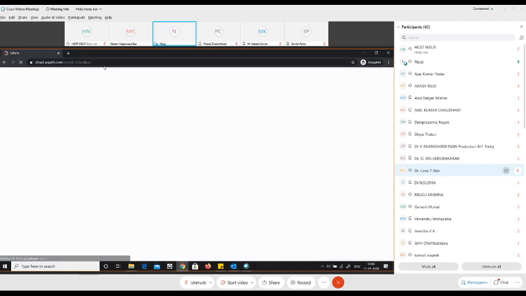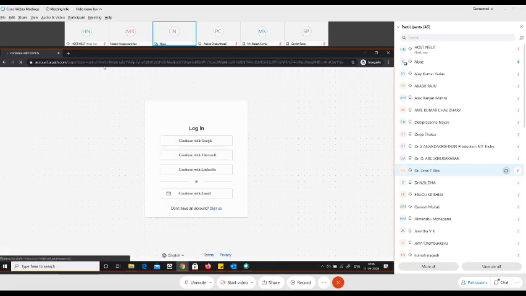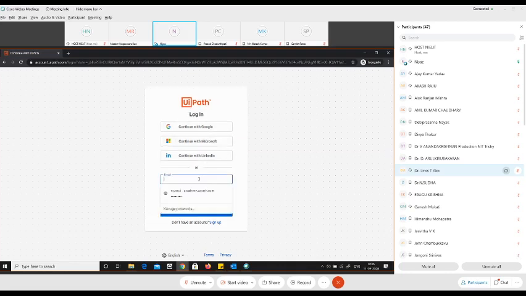Basically you have three options to log in to the cloud platform. You can log in via your Gmail account, or via a Microsoft account, or via a LinkedIn account. Or if you want an explicit ID and password for this portal, you can pass your email address and password, and then log in or sign up to the website. I'll request everyone to sign up for this orchestrator account.